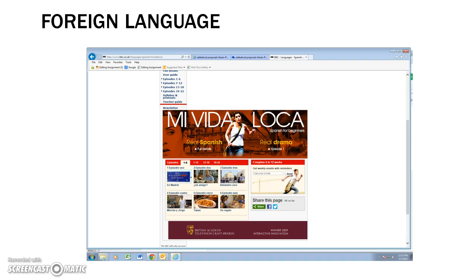Specifically, one of the things that I'm showing you on the slide is an interactive, kind of a telenovela, for lack of a better way to put it, or almost like a soap opera. Actually, I take it back. It's not a soap opera as much as it is a mystery, called Mi Vida Loca, that's available through the BBC, and I'm including the website for that.